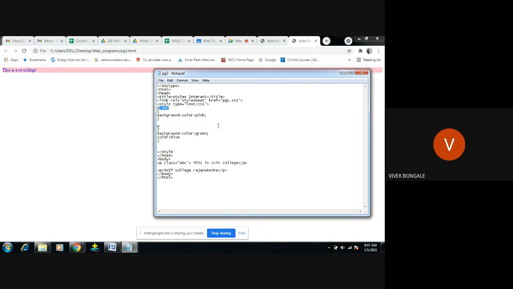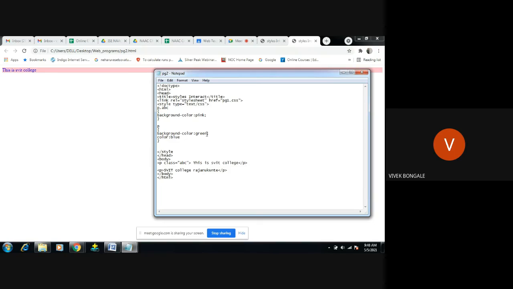Specificity means that whether it is farthest or nearest, the latest code you have given or the oldest, if you apply a style rule specific to one particular statement, that style rule has more precedence than the oldest one. Here is the oldest, this is the newest. Even though it is the newest, more importance is given to this particular code. This style rule has more precedence, more weightage than this one.